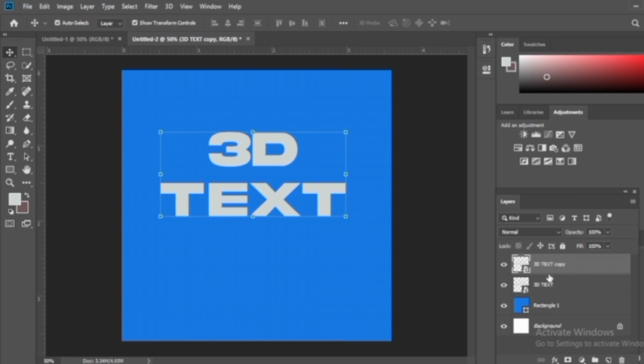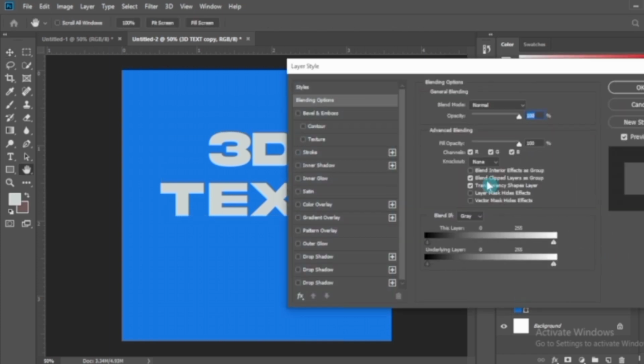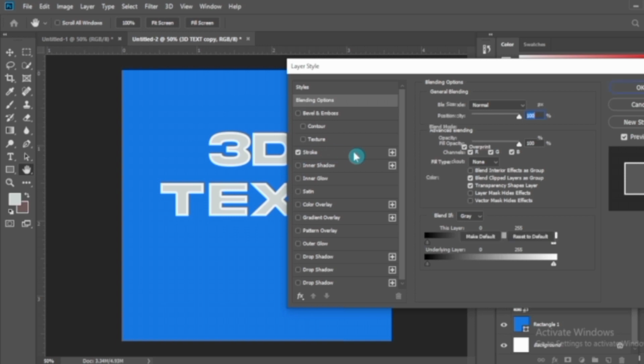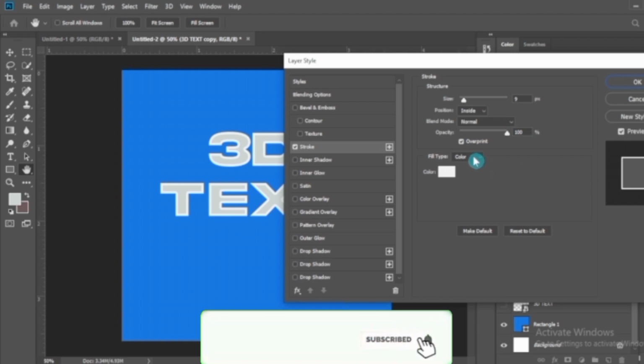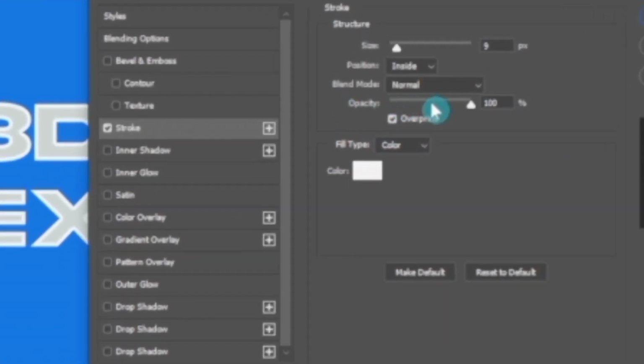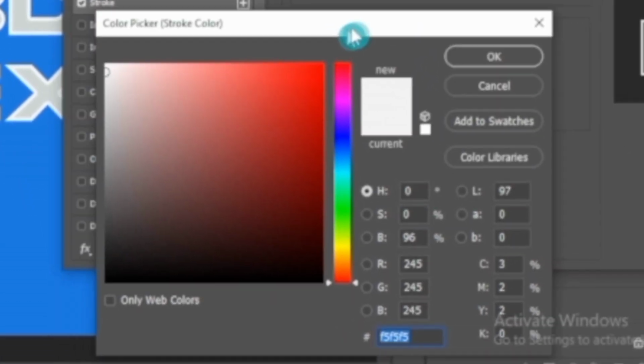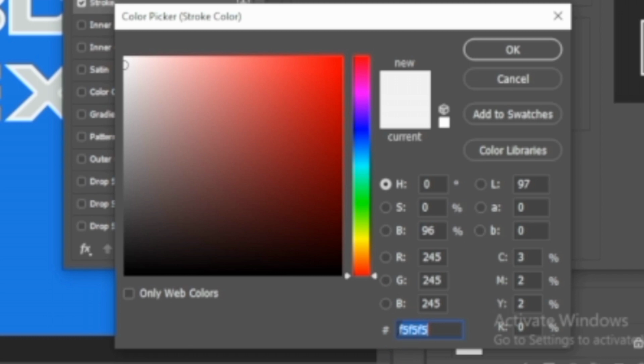Then I duplicate the layer and turn off the other layer. I'll double click on this text layer here to open up the layer panel. Next, I'll go to the stroke and click on it, and here you're going to apply this setting. You take the opacity to 100%, the size to about 9 pixels, and the color code should be set to this,